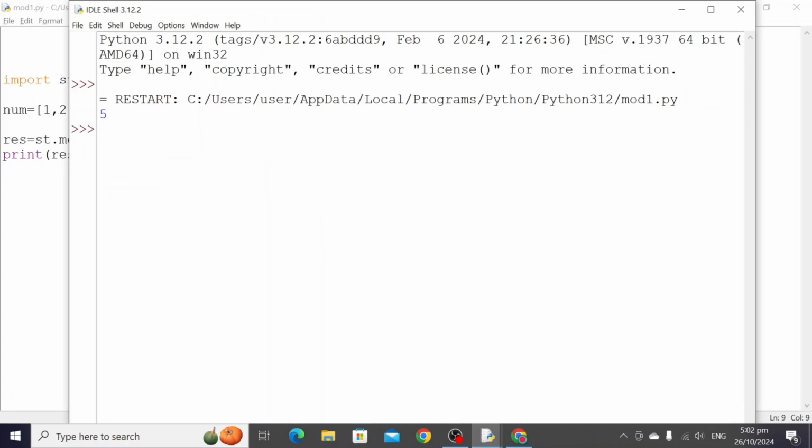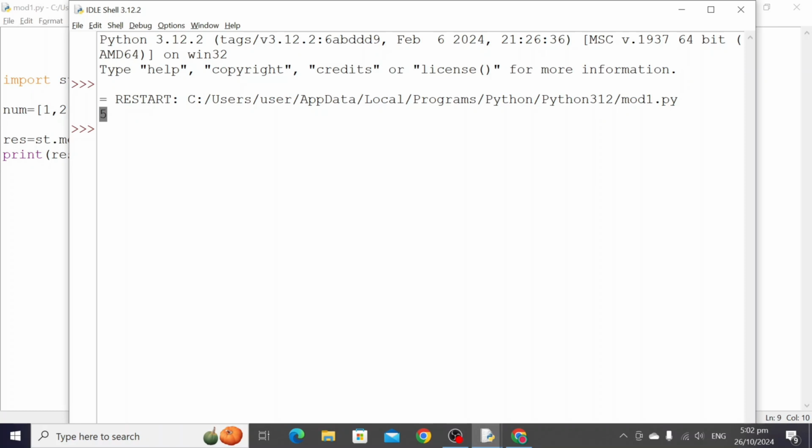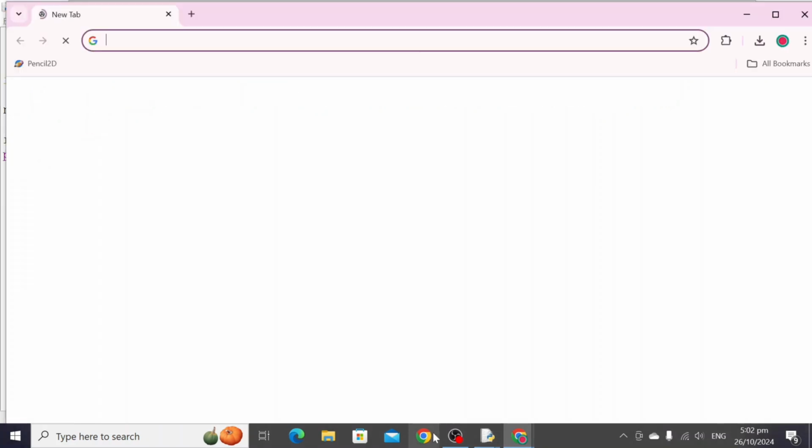Okay, so we got 5 here as an output because of the average. So it is calculating the average, adding all these numbers together and dividing by 9. The average is coming as an integer only. The next function we have,